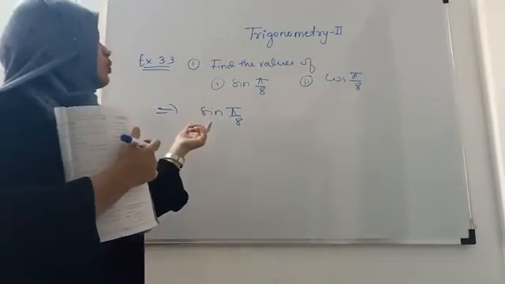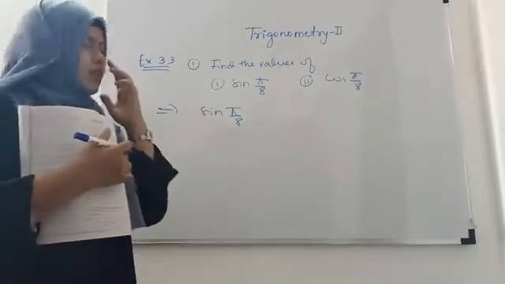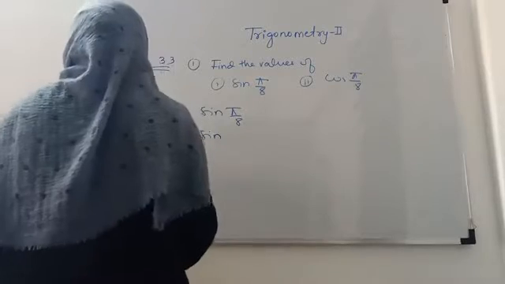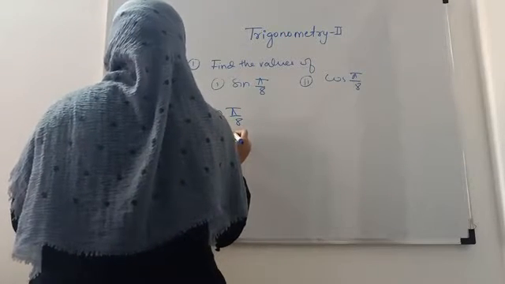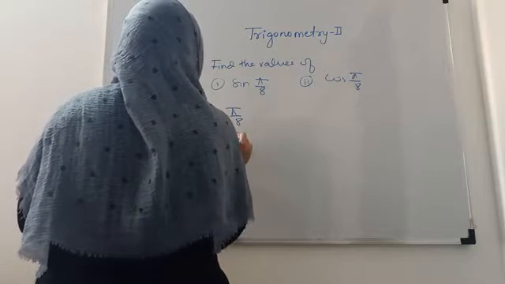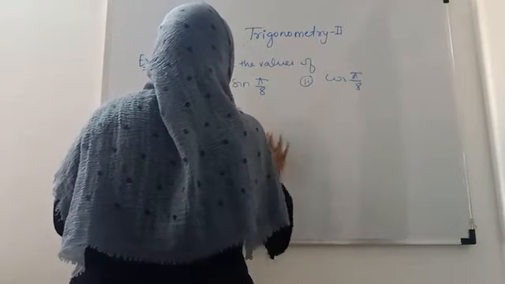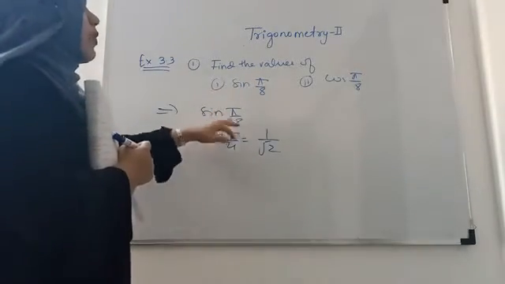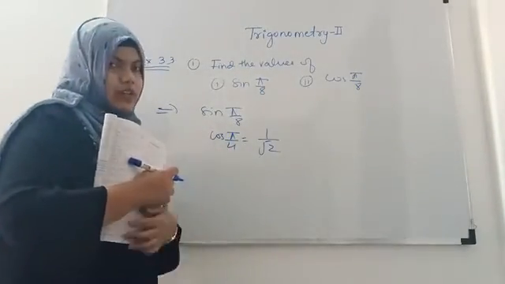Today we will solve this type of example by using the double and the triple formula. We know that cos pi by 4 is equal to how much? 45 degrees, right? Cos 45, which is 1 upon root 2. The value is 1 upon root 2. And pi upon 4 and pi upon 8 are all in the first quadrant. Therefore, the sine and the cos will give you the positive value, right?